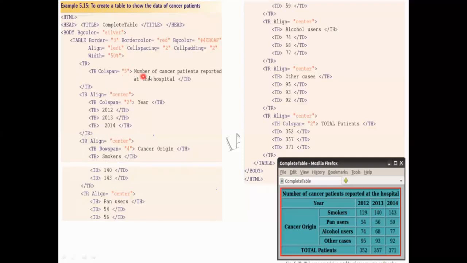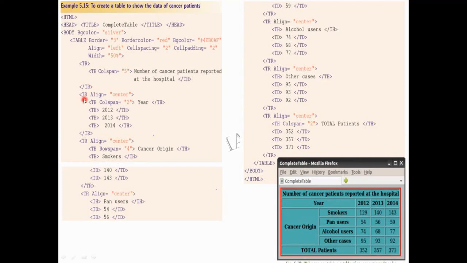And I wrote the heading as number of cancer patients reported at the hospital. That is the heading I have given here. With that, the row has ended. I have given my close th tag as well as the close tr tag.